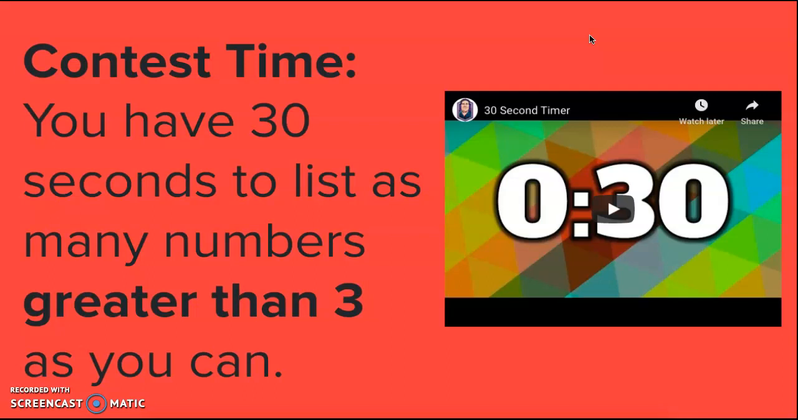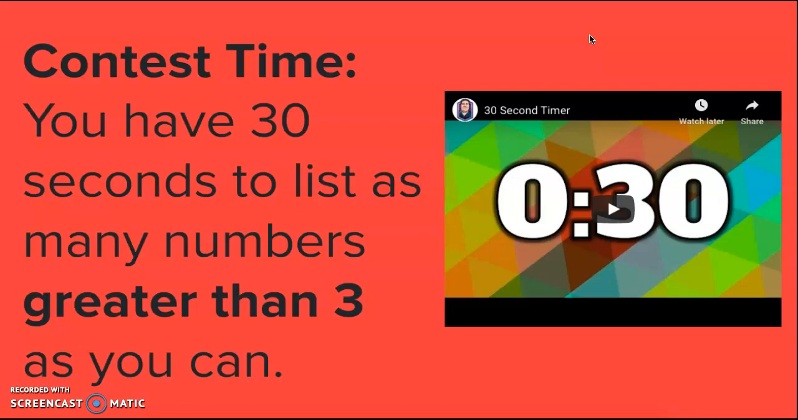If we can write one number per second, then we would write 30 numbers. Did we list all of the numbers? Probably not, because how many numbers are there that are greater than 3? There's a lot of numbers. We can start at 4 and count by whole numbers all the way up. We could also include decimals